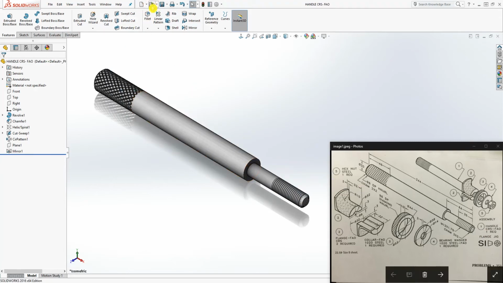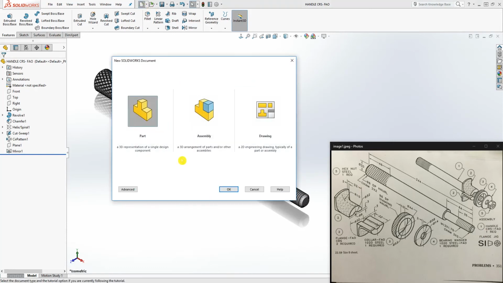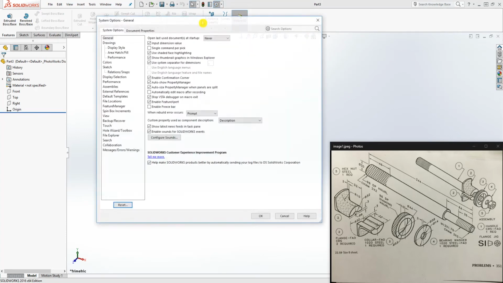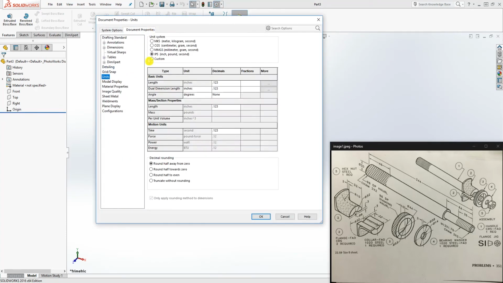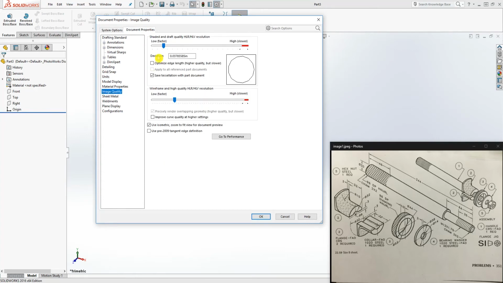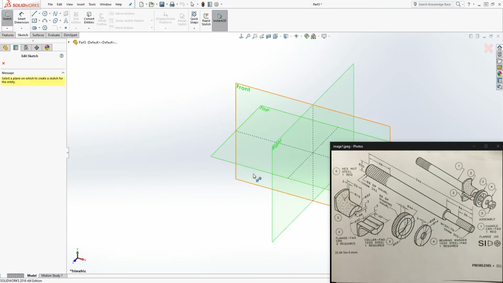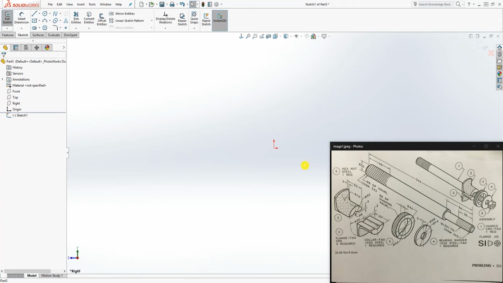This part is done. And the next one, new part, file, open, and again, for me, I'm going to have to change my units to metric, and I'll also change my image quality and click OK. For this part, again we'll click on the sketch, and we have all of our planes. The way we are going to be designing this, because this is facing this way, we are going to be starting that design on the right plane. So select the right plane as your sketch plane